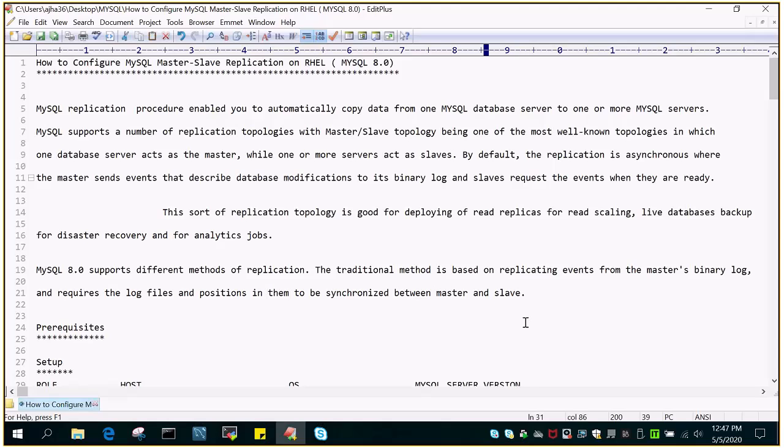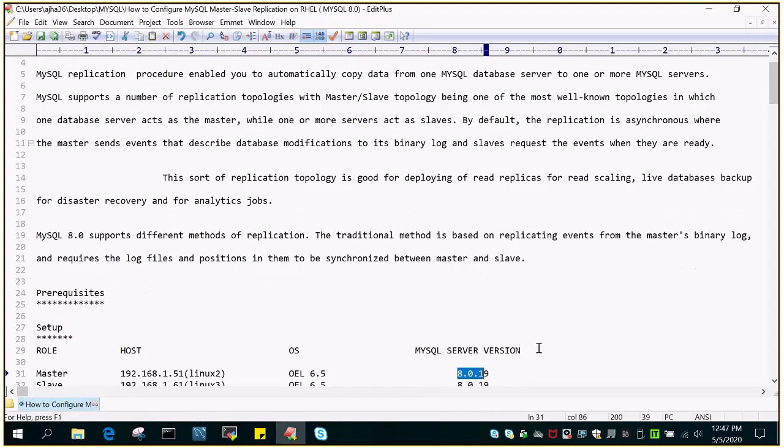If you want more than one replica of your master, you can have slaves created, and these slaves can be used for read scaling, for live database backups, and as DR. That particular slave can also be used for analytical jobs as well. There are a lot of replication types supported by MySQL 8.0,